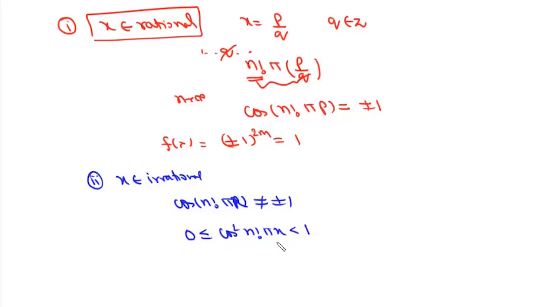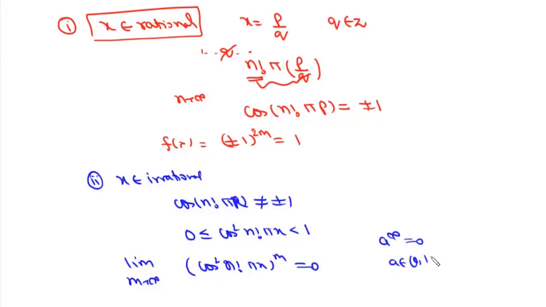And if this value lies between 0 and 1, then this limit m tends to infinite, cos square of n factorial pi x to the power m will be 0, because we know that a to the power infinite is 0 if a lies between 0 and 1. So if it is rational, the function takes the value 1, and if it is irrational,